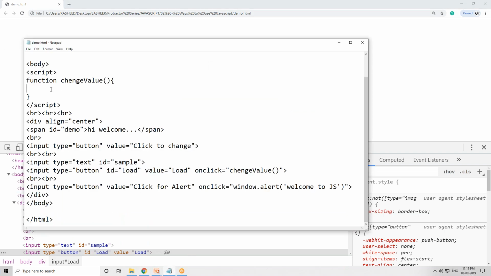Okay, so how I can do here, you can see document dot getElementById. Let's say my id is "load", right? Copy this and just paste it over here. Dot value, we all know